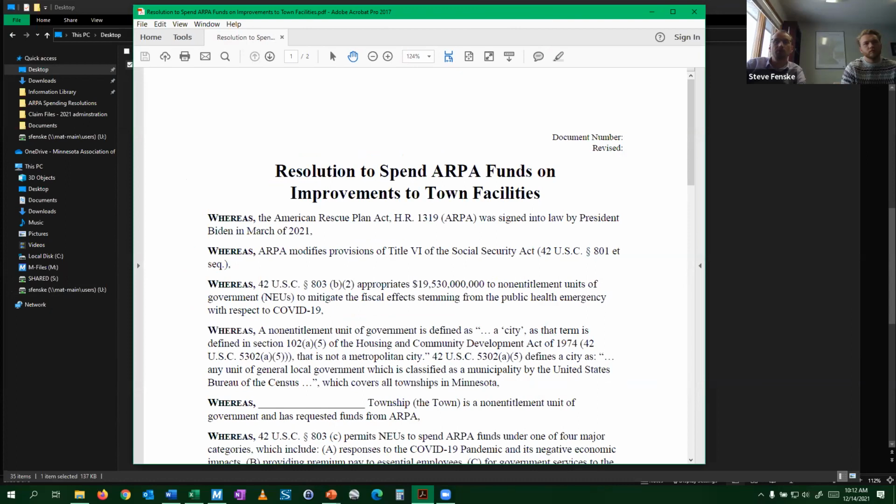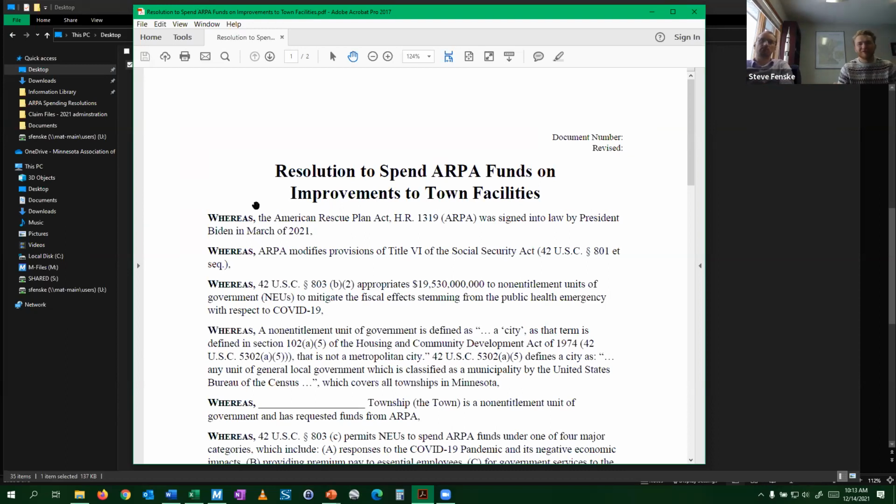So there was a question here. Where do we find these? These will be on the website. We're working to get them on there right now. And they'll be in the ARPA section. So the news and events section of the webpage, there's a drop down. And the first entry in that drop down is ARPA information. You'll go to there. You'll go to the uses tab. And these will be in the uses tab. Again, they're not there right now, so don't go now. We are getting these online, and those should be up there. If we can get them on today, they'll be on today. Otherwise, we'll get them on as soon as we can here. So go ahead, Carl.